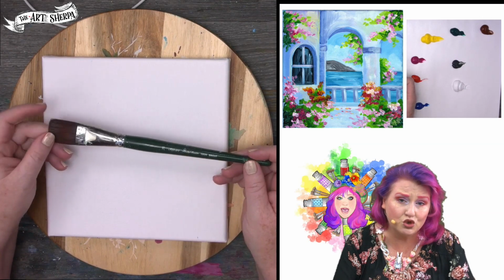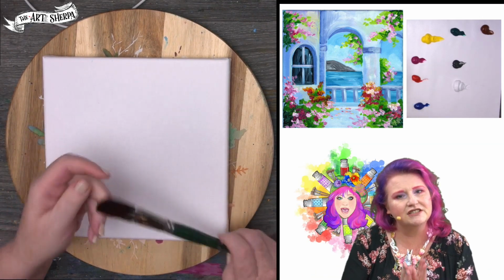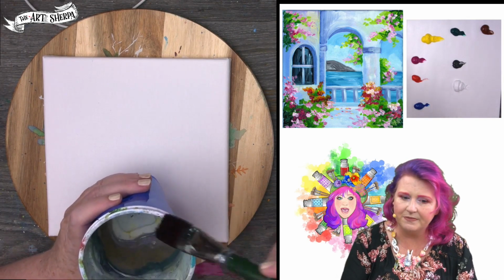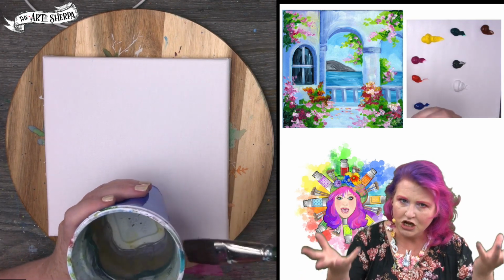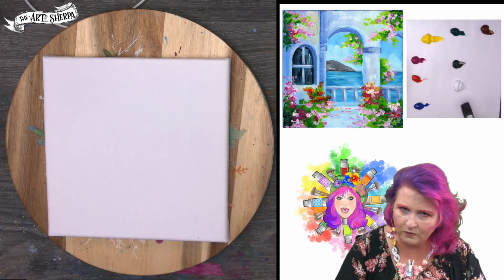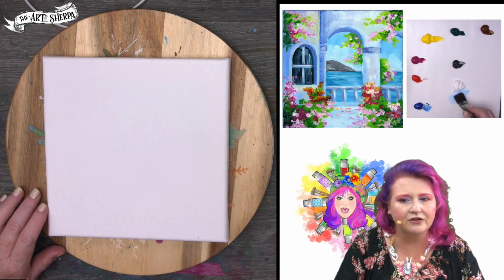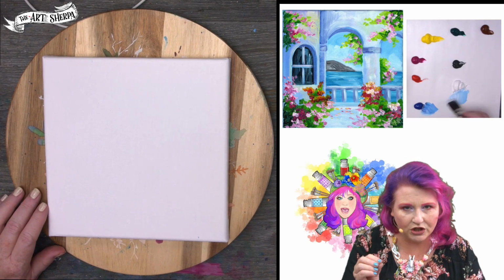This is my number 26 Bright. Bright is just a type of brush. It's a square brush, and the filaments are a little shorter. I'm dipping in water, dragging off the extra, so my brush is not sopping wet. I'm loading up with a little bit of white and a little bit of blue. Notice that I'm going to be pulling out